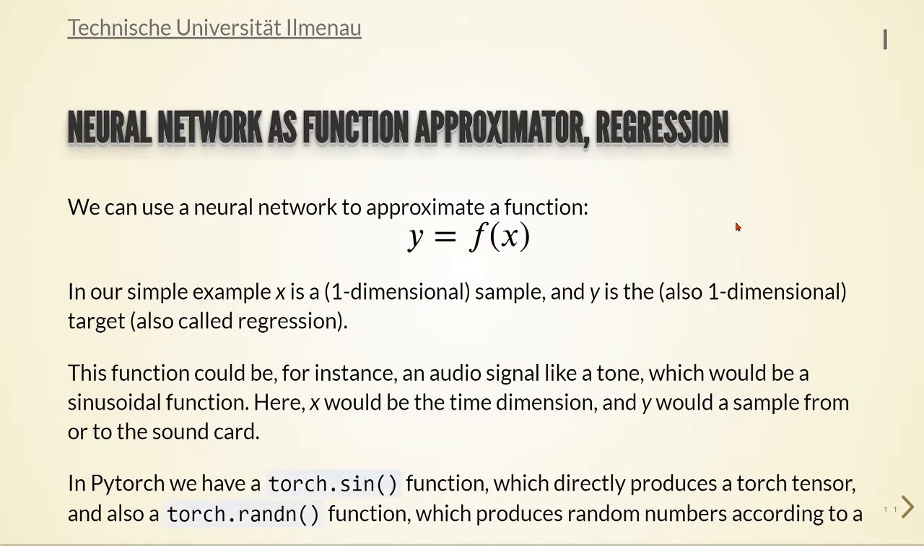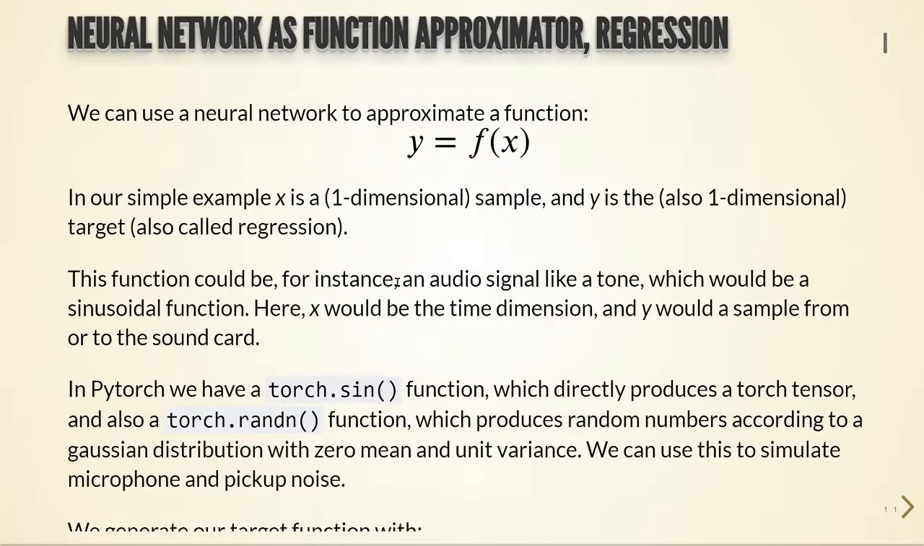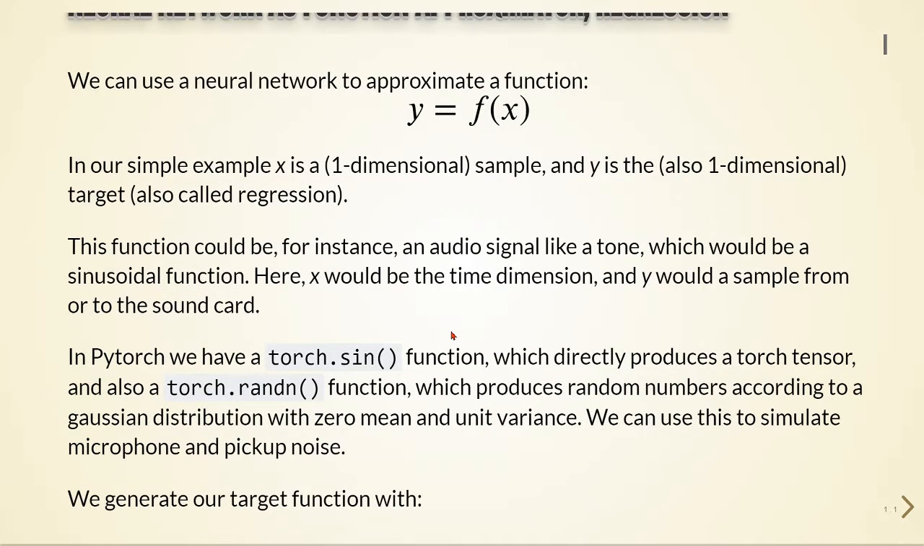We can use a neural network to approximate a function, for example, y equals a function of x. In our simple example, x is a one-dimensional sample, and y is the target, also one-dimensional. This is also called regression. This function could be, for instance, an audio signal, like a tone, which could be a sinusoidal function. Here, x would be the time dimension and y would be a sample from or to the sound